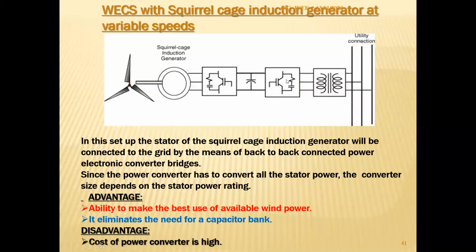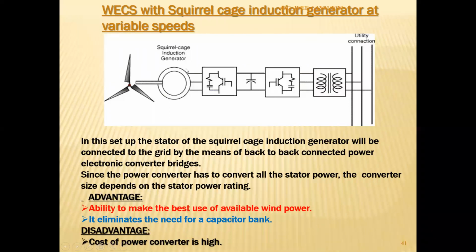The advantage of this is that it will be able to make best use of the available power, because the power at all the speeds is getting trapped and then transmitted either to the utility grid, or you can connect a load also here, right? But the disadvantage is that again we have two converters in cascade, back-to-back converters, the generator side converter and the grid side converter, and again another transformer. These three also will have the same capacity as that of the generator. That means if this generator is 1 megawatt, this has to handle 1 megawatt power, this has to handle 1 megawatt power, this has to handle 1 MVA at unity power factor.